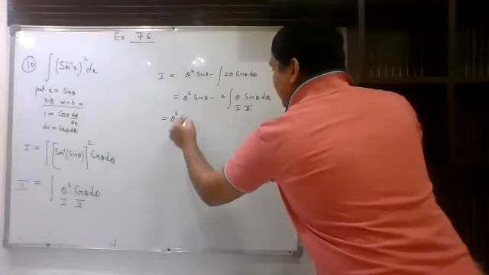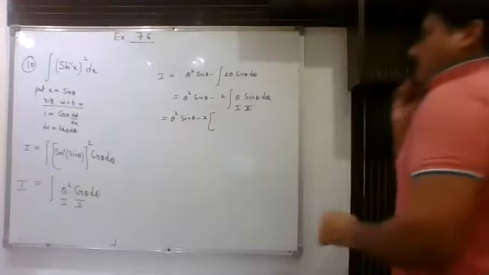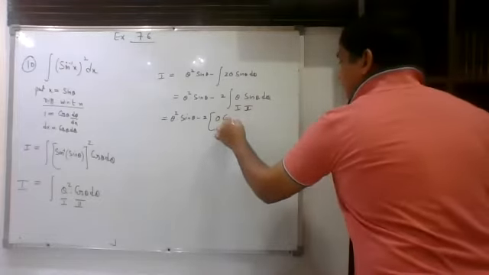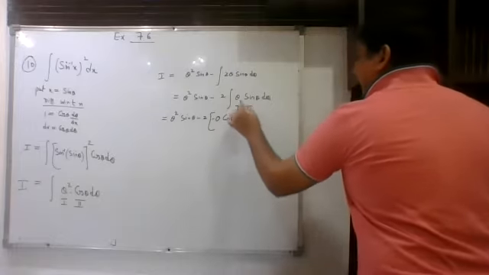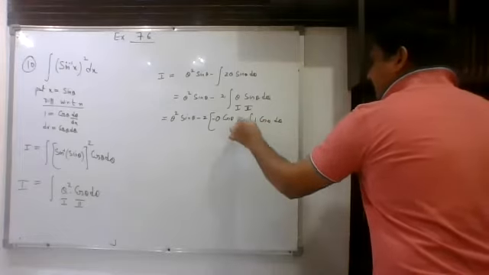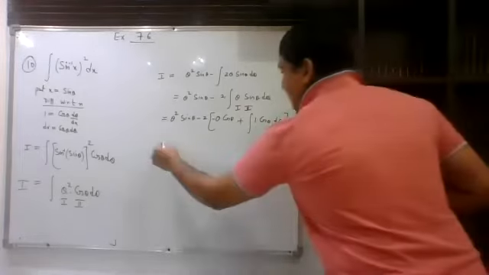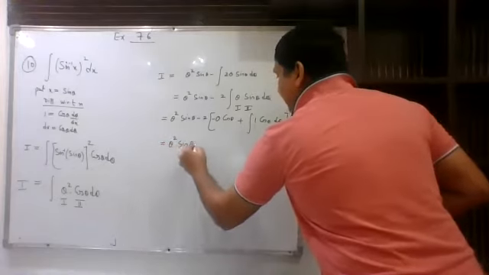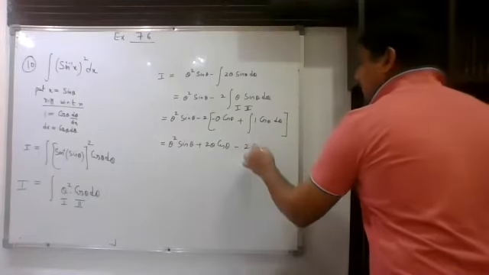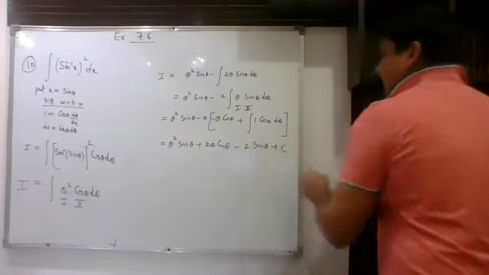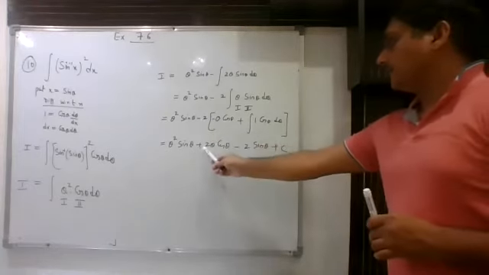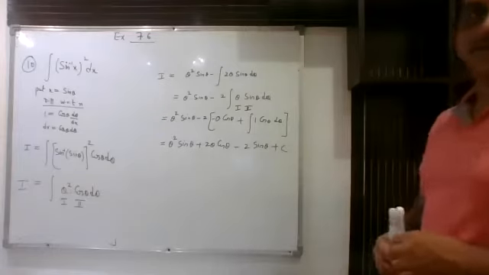So this is theta square sine theta minus 2. Now first function as it is, integration of sine theta was minus cos theta. Derivative of theta with respect to theta is 1. Integration of sine theta is minus cos theta d theta. Here it will become plus. So final step will be theta square sine theta minus 2 theta cos theta minus 2 sine theta plus c. So this is what you will get. I had taken this minus 2 inside also. So that is why here I will get plus sign and here I will get a negative sign.